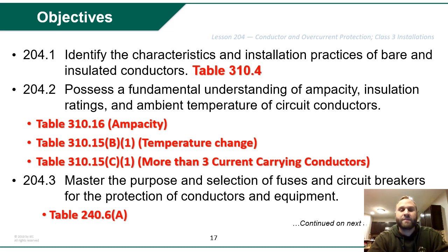Now 310.16, 310.15b1, and 310.15c1 are 3 tables that you will utilize for ampacity corrections in conductors based on the insulation. Your insulation tells you what the conductor is rated for, whether it's a 60-degree Celsius wire, a 75-degree, or a 90-degree wire. THHN, for example, is a 90-degree wire. So all of our correction factors, when we are correcting for more than 3 current carrying conductors in a raceway, or temperature changes, are going to be done out of the column that that insulation belongs to. So if it's 90-degree insulation, I'm doing all my correction factors in the 90-degree columns of all 3 of those